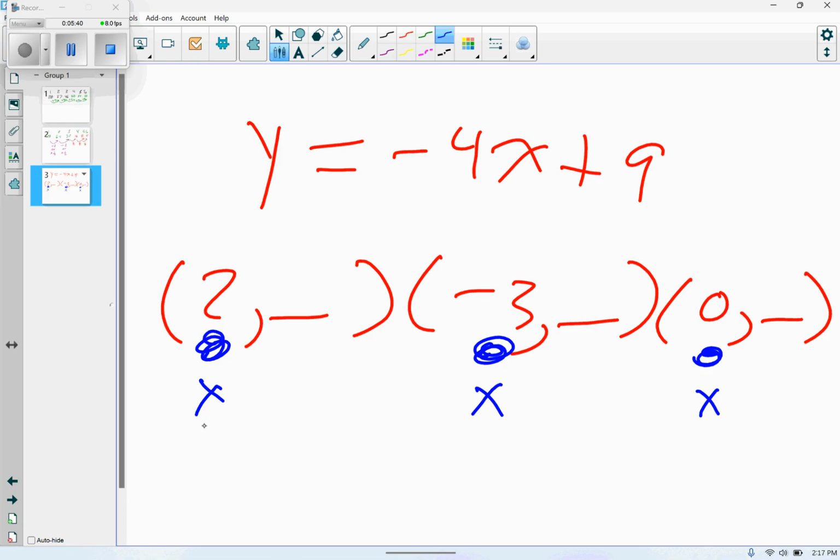So I'm going to take 2 and plug it in. Negative 4 times 2 is negative 8. Am I right? Negative 8 plus 9 is 1. Good. All right, and then do this one. Negative 4 times negative 3. Negative times negative is positive. 4 times 3 is 12. 12 added to 9 is good. And then I plug 0 in. So negative 4 times 0 is just 0. Now, someone might say, well, is it negative 0? Well, negative 0 and positive 0 is the same thing. 0 doesn't have a sign, so don't worry about it. So negative 4 times 0 is 0. 0 plus 9 is